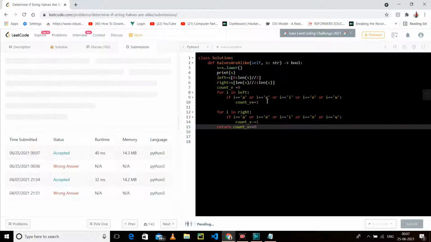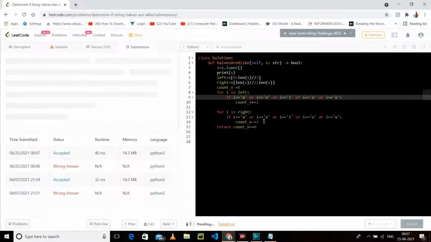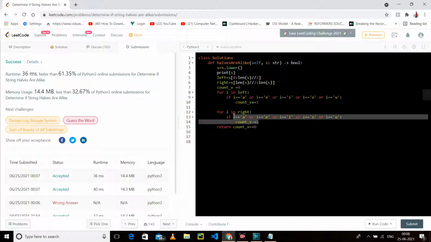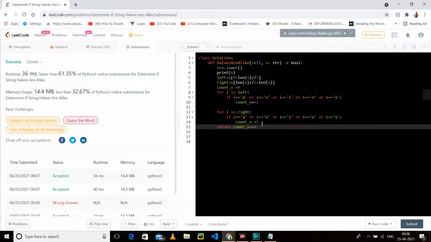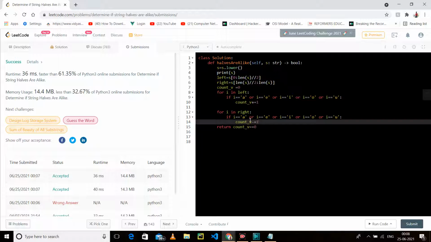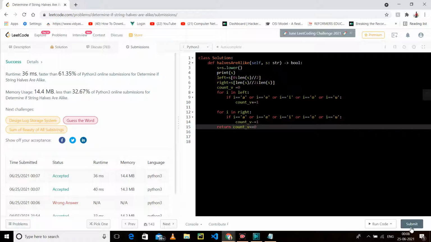Why? Because assume it has found 3 on the left, and on the right side if we have 3 vowels, we are decreasing, so it will make 3 go to 0. If it is 0, just return true. Otherwise, that means one side has fewer vowels, and that's why it could not bring the count variable to 0. So it has been submitted.